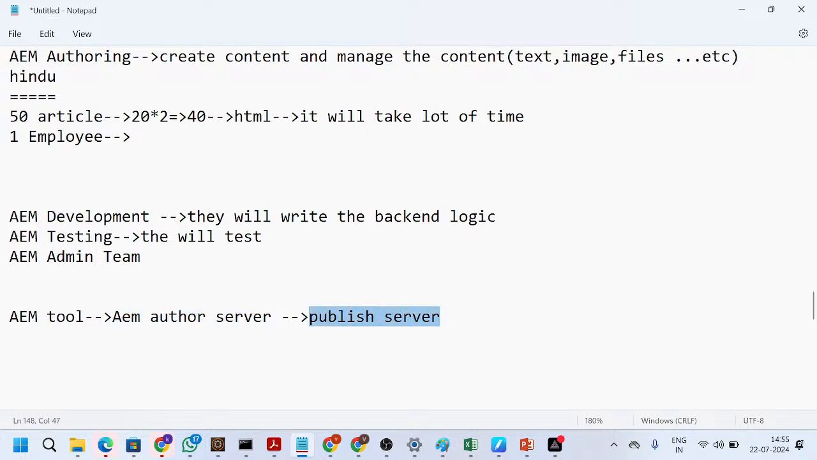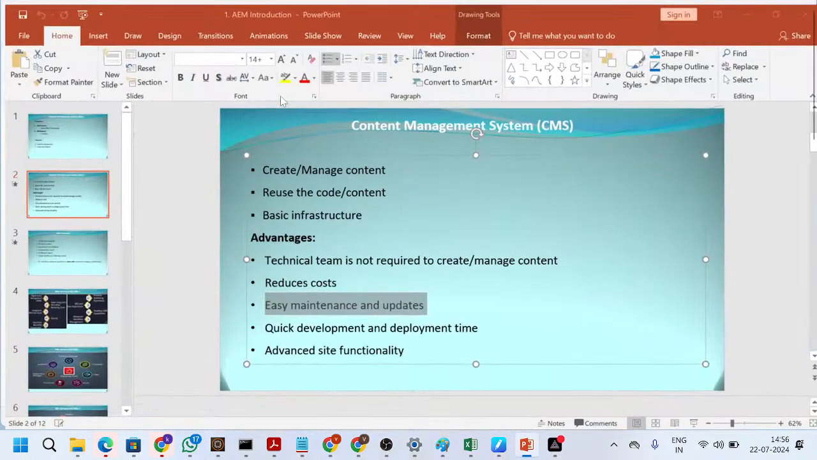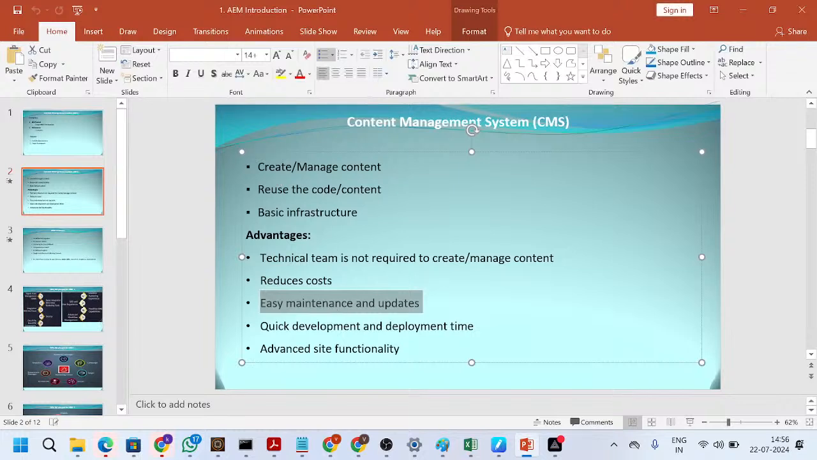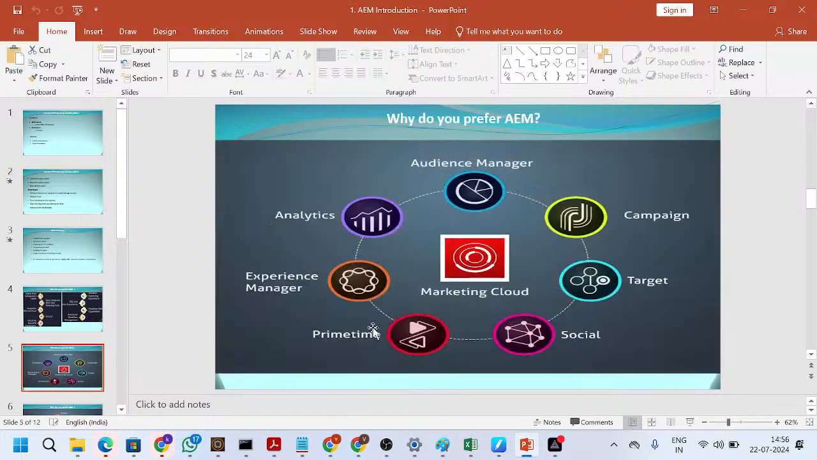Now we'll try to understand. We need to deploy our project into the AEM server. Compared to other tools, it will take very less time actually. Okay, that is the point. And it will have advanced site functionality. Meaning, for example, if you observe here,